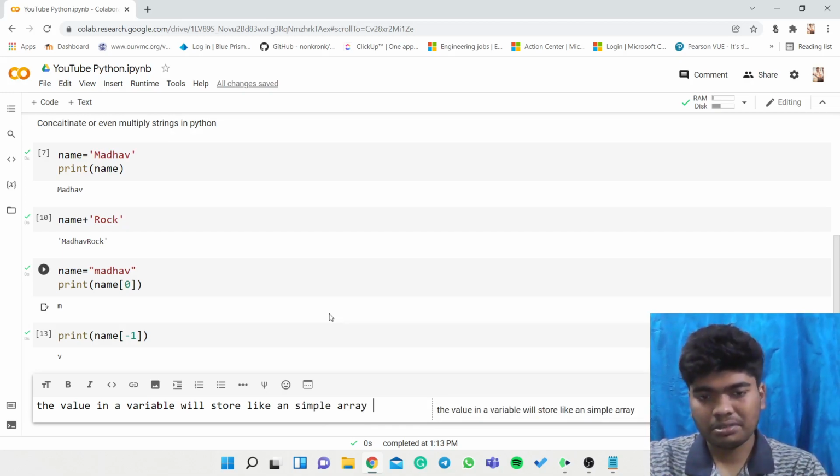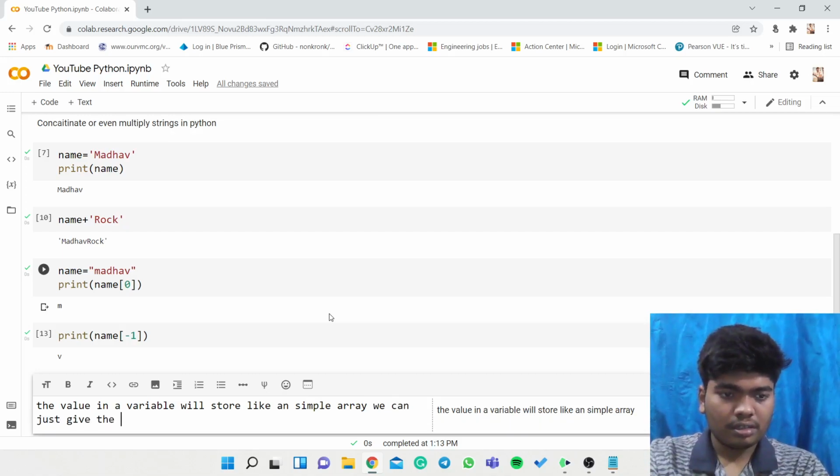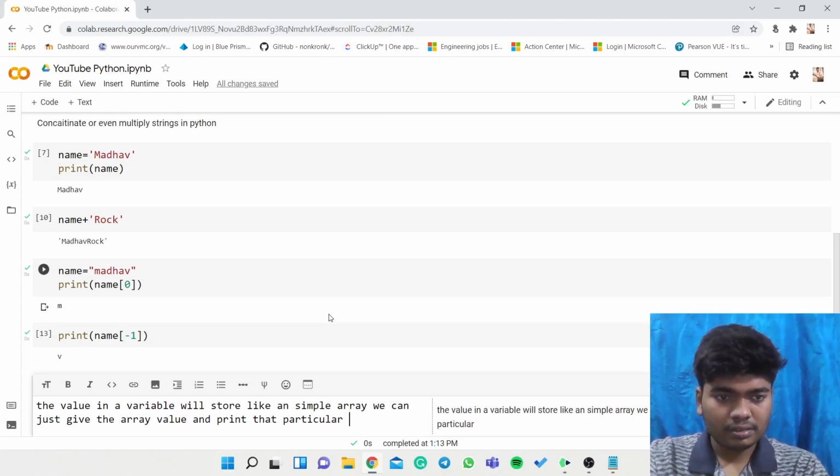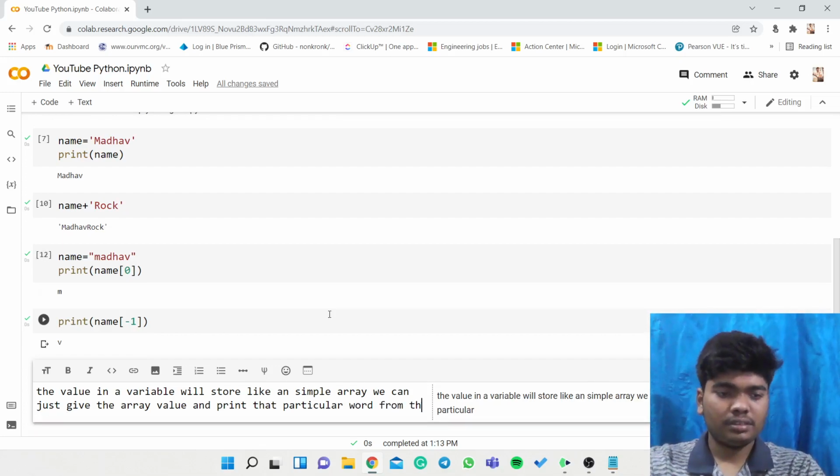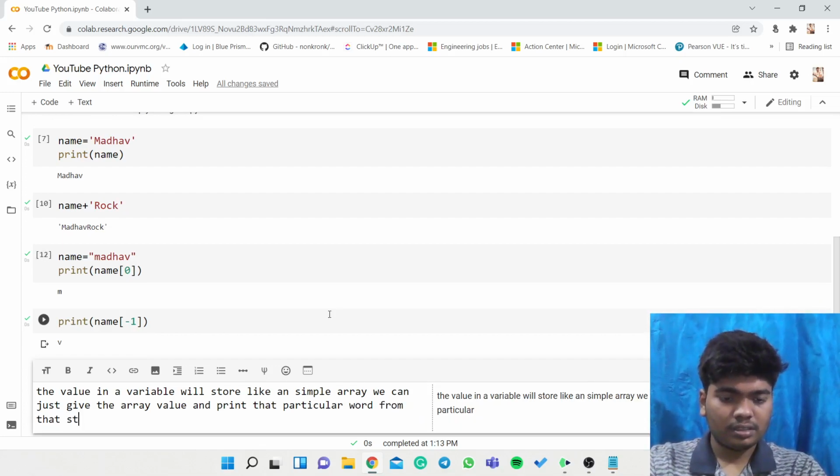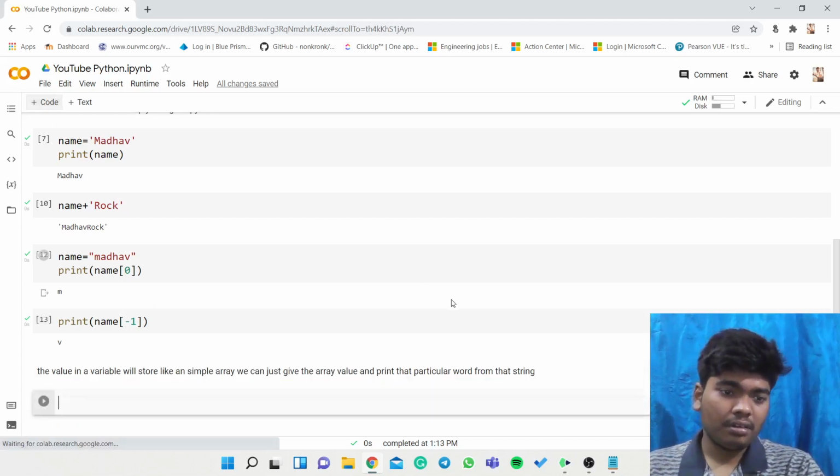It will just store like a simple array. We can give the array value and print that particular word from that string. So here we can conclude like this.